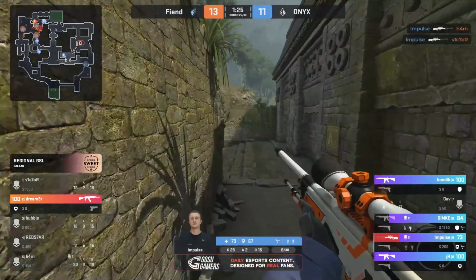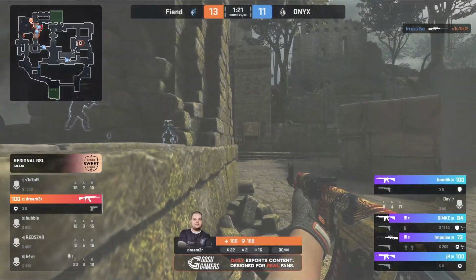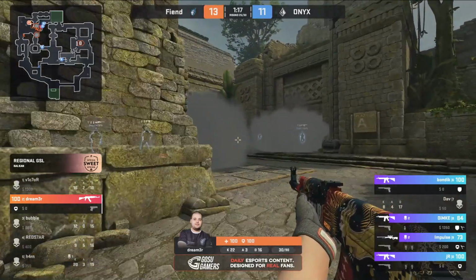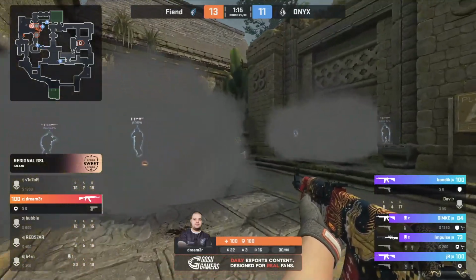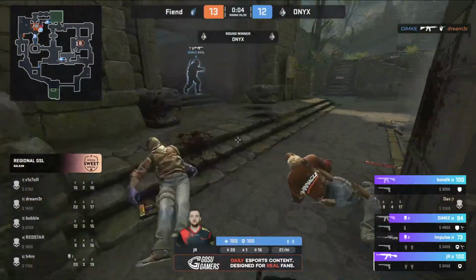Oh, an Impulse. He plucks Han out of the air, jumping up. He finds the follow-up shot onto Victor as well. Sick multi-kill there for the Serbian AWPer. And now it's only Dreamer left remaining. And I suppose one would say this round would be a dream if he could win it, but it's actually